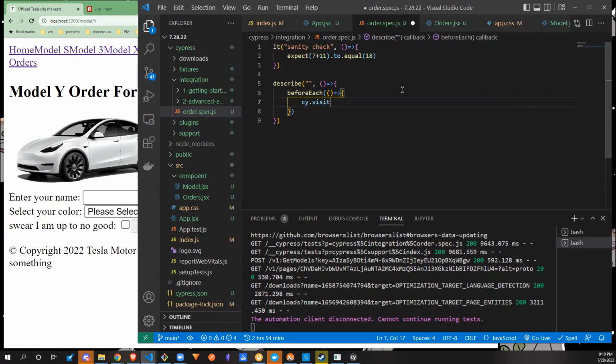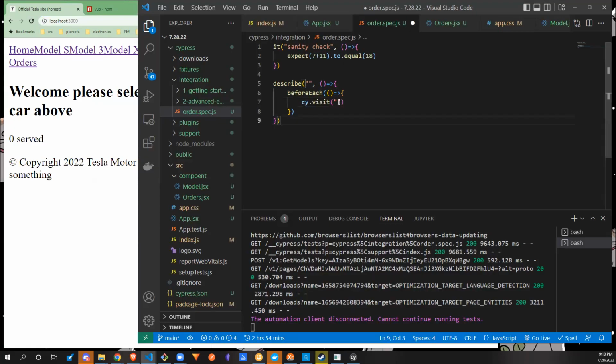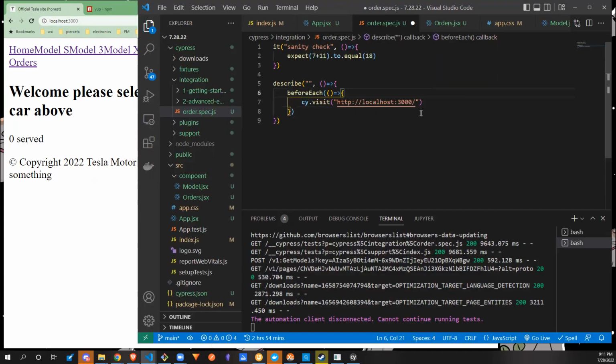So if we do a cy.visit and we pass in our home page here, copy. Get back over there. And we go to localhost port 3000, which is exactly where we're at right here. I literally just selected that, copied it, and pasted it. Then this is going to visit